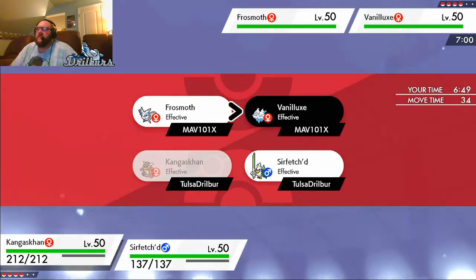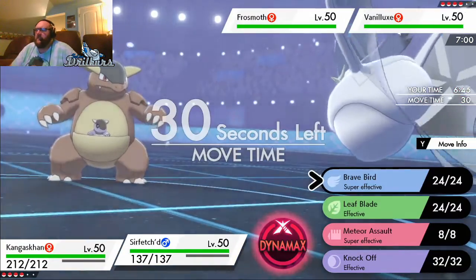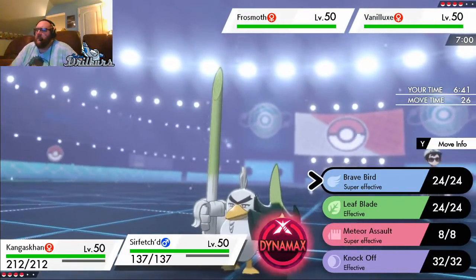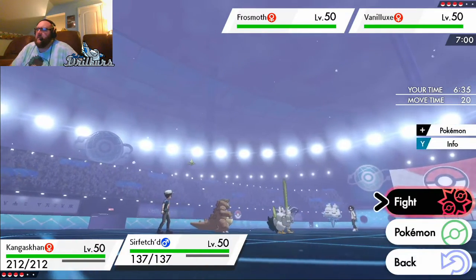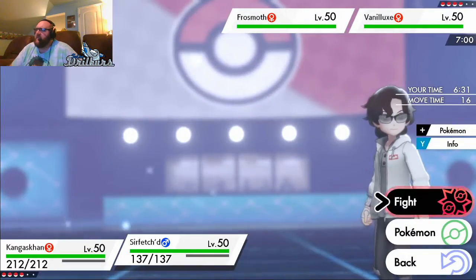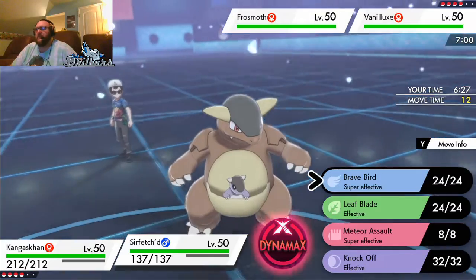So Vanillux is more likely to have Sash. So let's Fake Out the Vanillux. Don't know that I want to lock into Brave Bird just because... I mean, what other Pokemon does he have? Brave Bird, yeah, it's not going to be good into the rest of his team. Meteor Assault will be, but it's basically Hyper Beam, so...